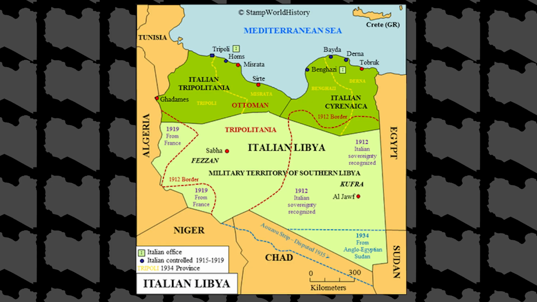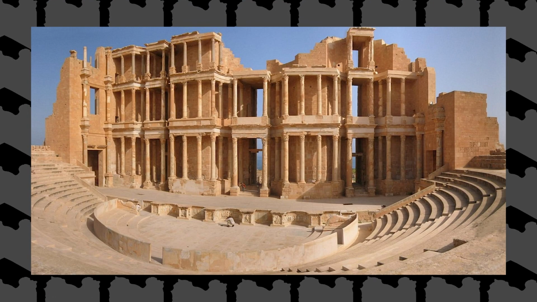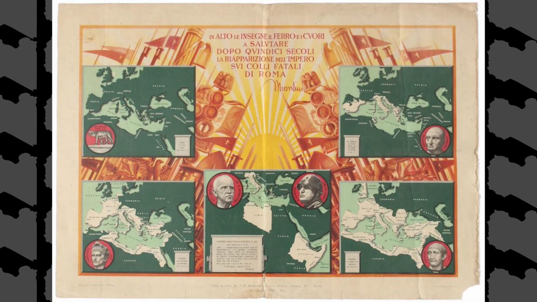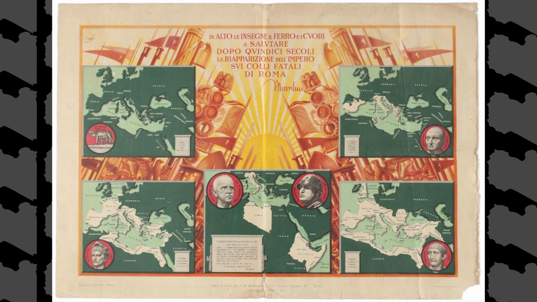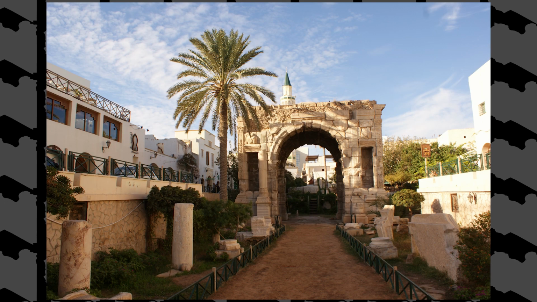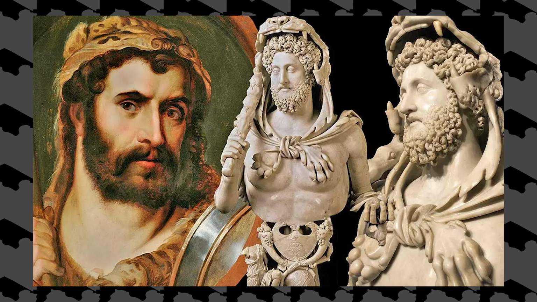The second that Italians conquered modern-day Libya, archaeologists went to work, excavating Roman ruins along the coastlines of their new colonies. These ruins were a source of national pride. To the Italian state, it legitimized their conquests and connected them to the Roman Empire. They honored ruins like the Triumphal Arch dedicated to Marcus Aurelius, a Roman emperor, located in Tripoli. It was built under the rule of his son, Commodus.